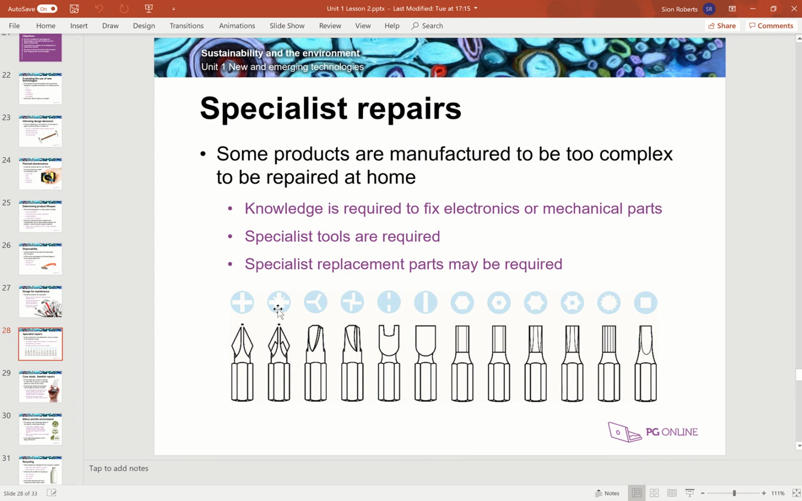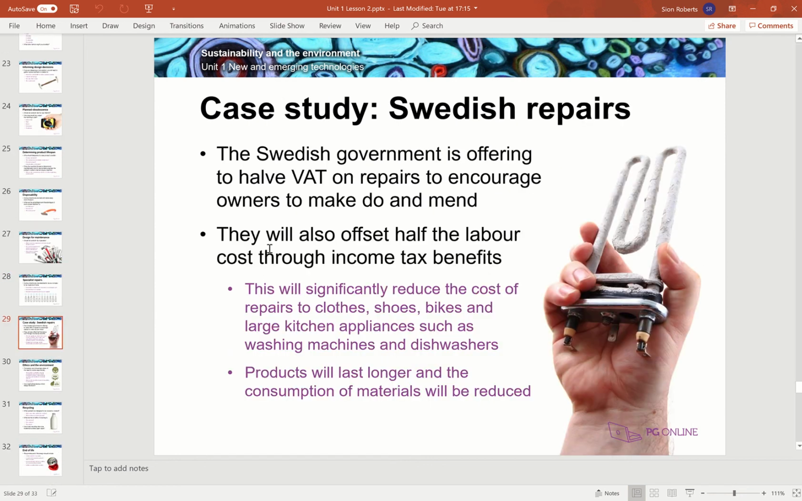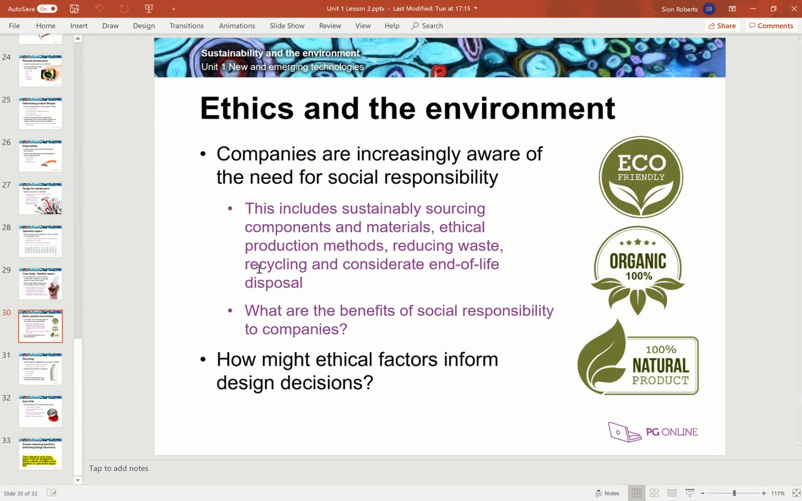With more complicated products, there's going to be an issue where specialist tools are going to be required. People that are more trained in that area could be an aspect as well. So there's another case study here that you can have a little look at on the PowerPoint. And then it just links to the fact that